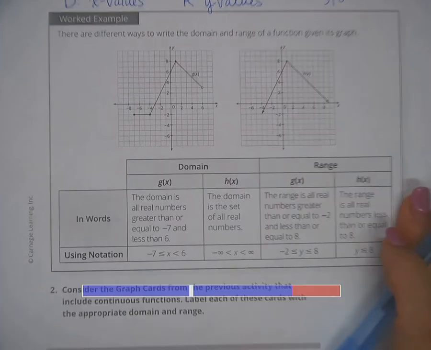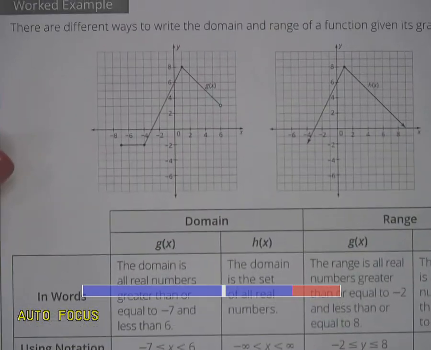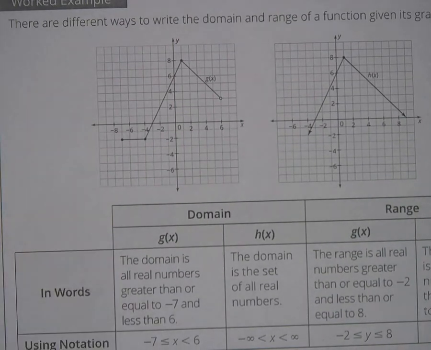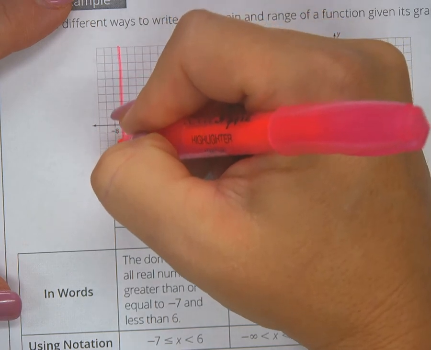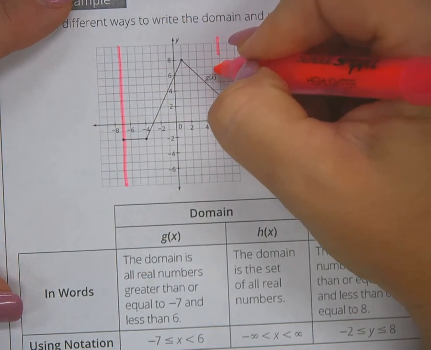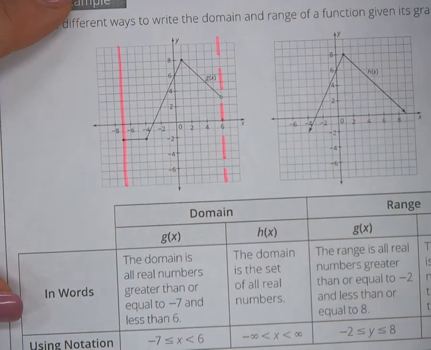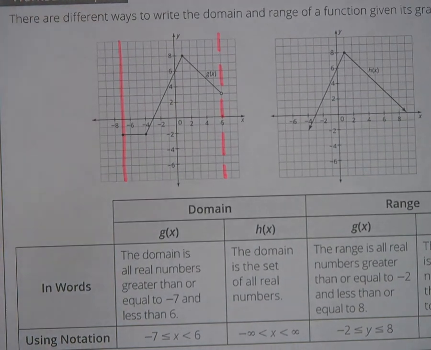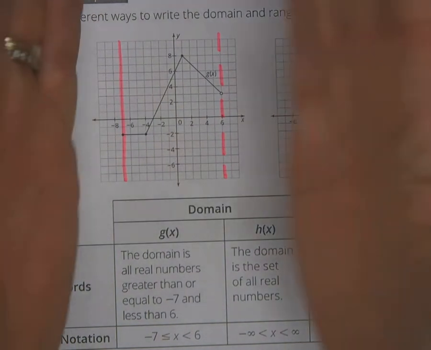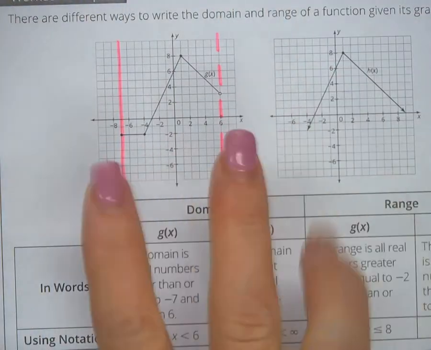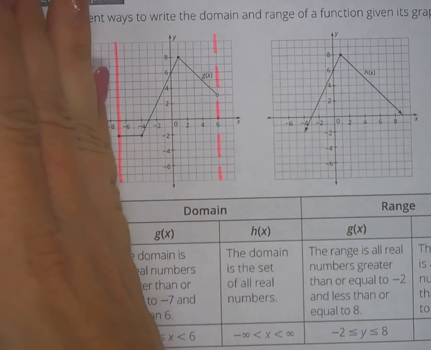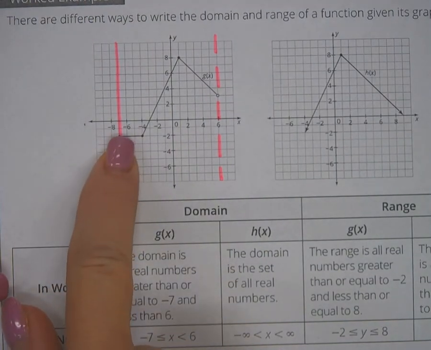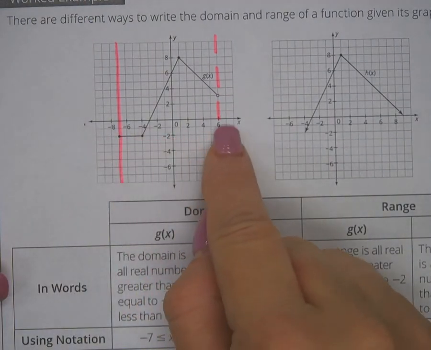Okay, so let's take a look at this graph first. And the best way to think about domain and range is by looking at the shaded region. So with one color highlighter, can you please add these lines? So if we're talking about domain, we want to box the graph in on the x-axis. So the lowest point to the left that this graph hits is -7, and the highest that it hits is